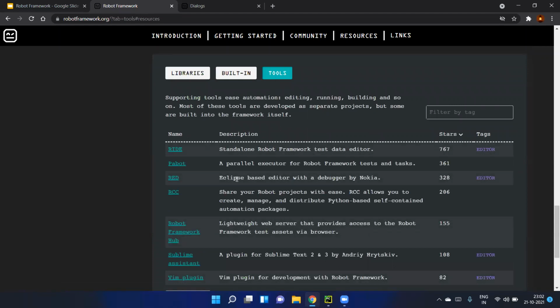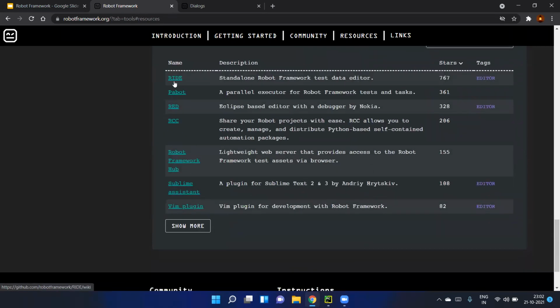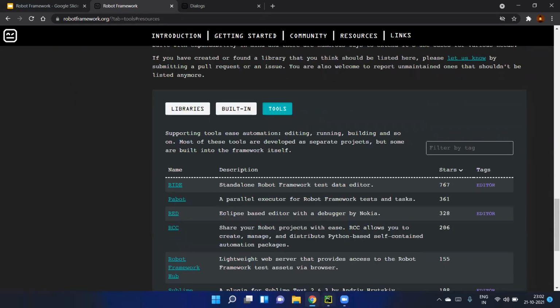Already we have PyCharm with the plugin, but you can find a variety of tools to work with Robot Framework. For example, here you can see the default one from Robot Framework itself, called RIDE, Robot Framework IDE. And we will have different plugins for the different IDEs. Okay, with that, we will just jump to